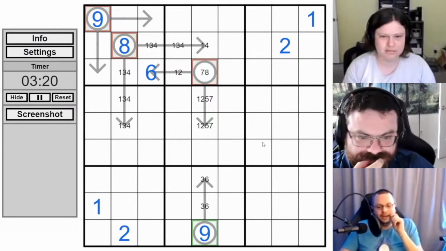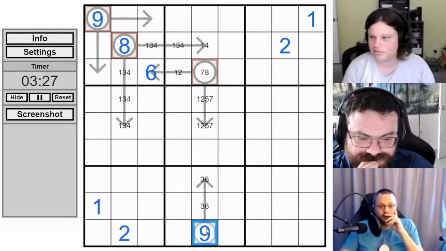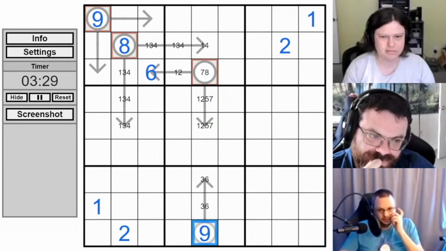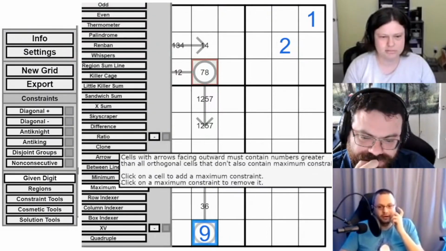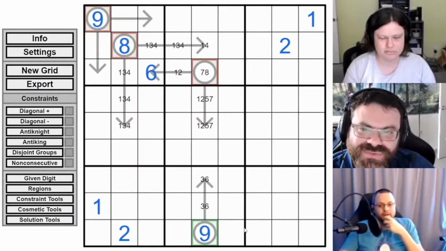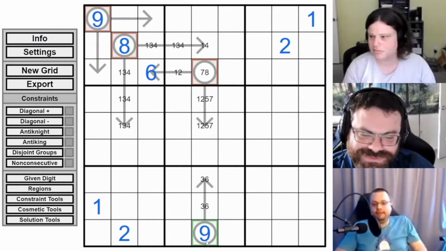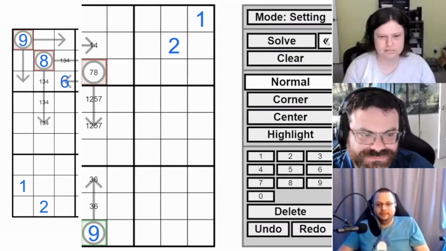So that 9, we could now make point in the row, and it would place a 5. So you could make, say, a 2-cell 9 arrow pointing in the row, and then it would also give you a 5. Are all our arrows going to end up pointing both directions? I mean, it would be cool if they did, right? I think it would be pretty.